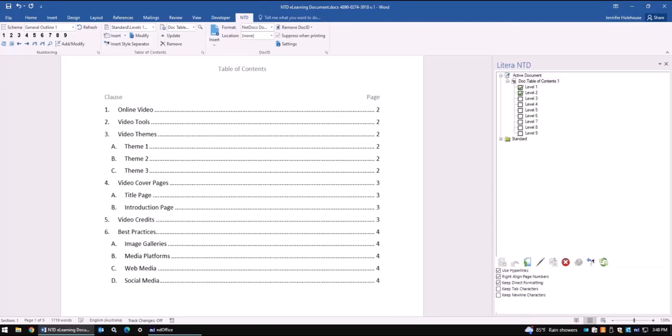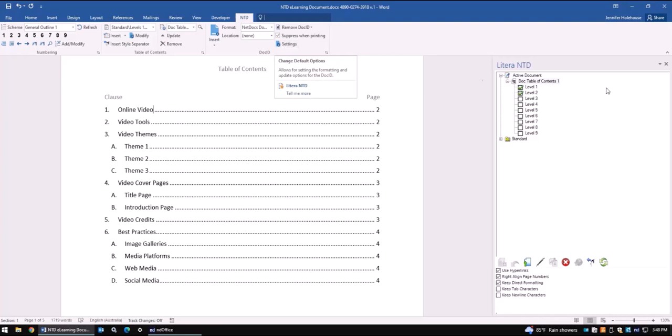Now let's go over how to stamp a document with a doc ID. The doc ID feature has its own grouping in the NTD ribbon. It's located here, and it shows it has an insert button. It shows the default format that is currently set. Out of the box, it will say default format, but your administrator could have created a format and set a different one as a default, so that may be showing. It shows the default location that is set for your doc ID, and then it has a remove doc ID. So you can enable to suppress it whenever you print, and it may or may not have settings available to you. Sometimes settings are only available to